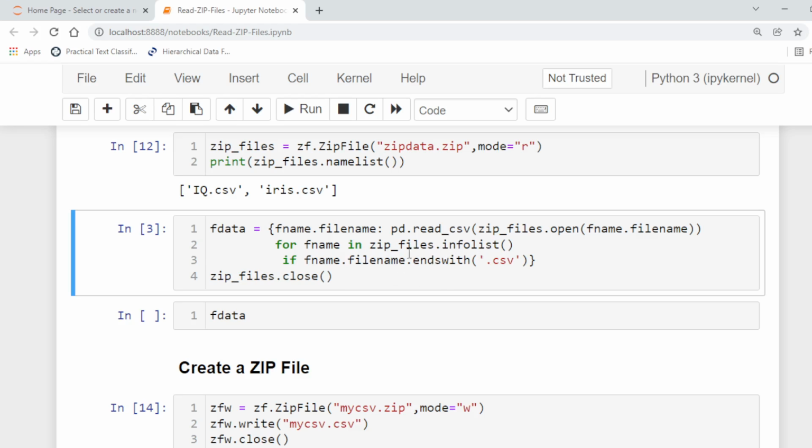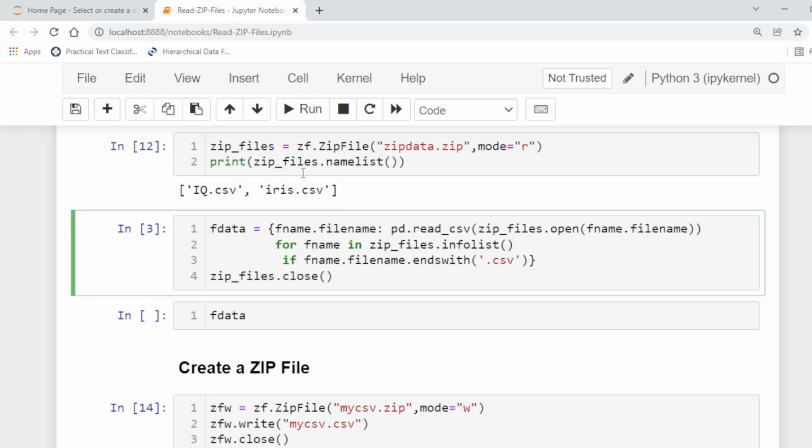From this list we get the names of the files, and then we open these files, and here we are creating a dictionary. The first file, fname.filename, is the key, and the value is basically a data frame in which the file contents are stored.